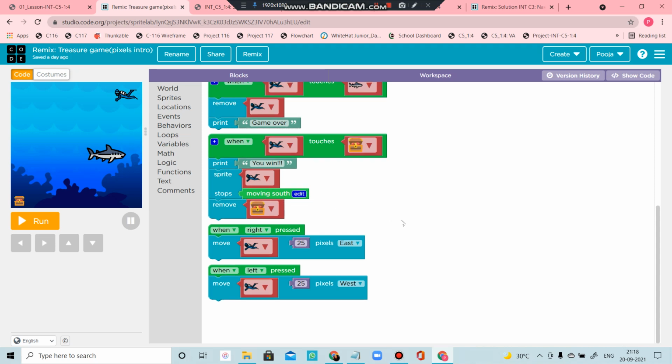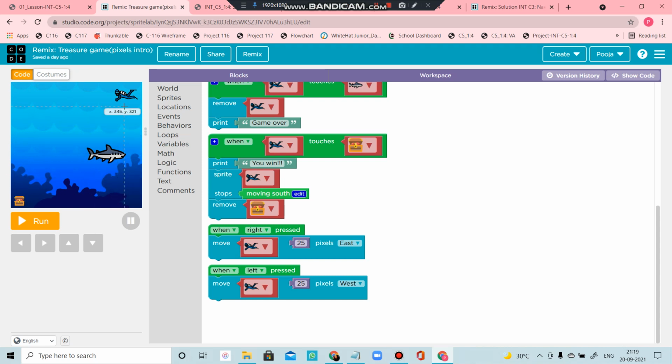Now, as the topic of the class is pixels, here we are going to help the student know first about the direction and how to attach the pixel block with that. We have to help the student understand what a horizontal movement and a vertical movement is, and how it relates to the x coordinate and the y coordinate. If the sprite is moving horizontally, it's following the x coordinate. If it is moving vertically, then it's following the y coordinate.